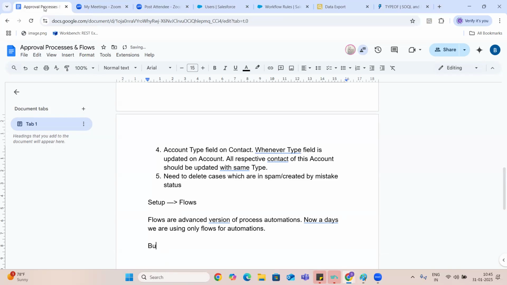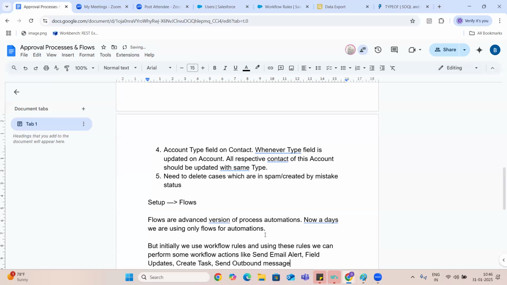But initially, we used workflow rules, and using these rules we can perform some workflow actions like sending an email alert, field updates, create task, send outbound message.